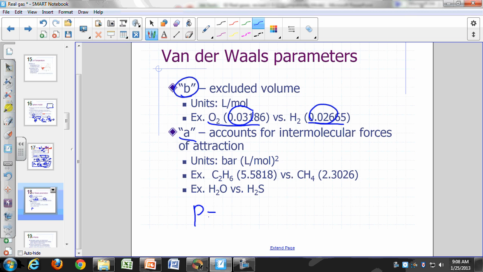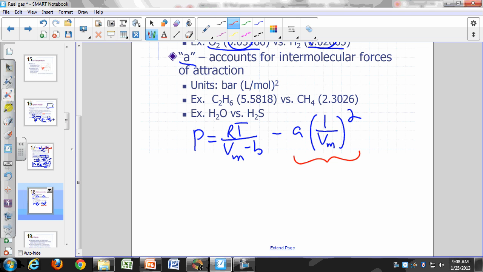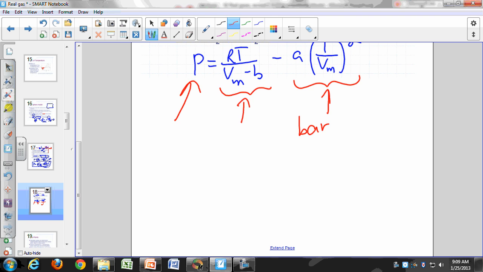Remember our pressure was RT over molar volume minus B minus A times 1 over molar volume squared, right? What should be the unit for A? The unit for this whole thing must be a pressure unit, right? Since this is a pressure equal to a pressure term, this whole thing must have a unit of pressure. You can make it bar or atmosphere. So if it's bar, okay,